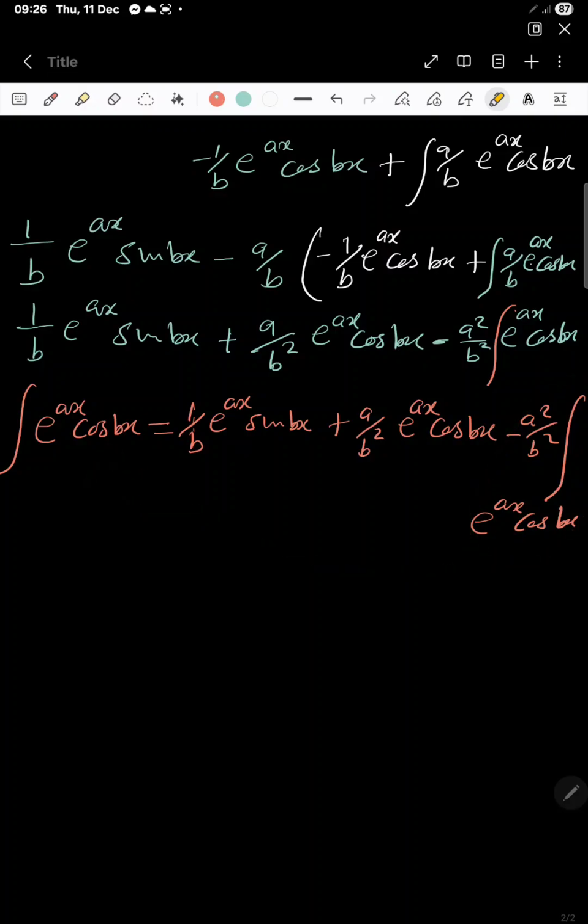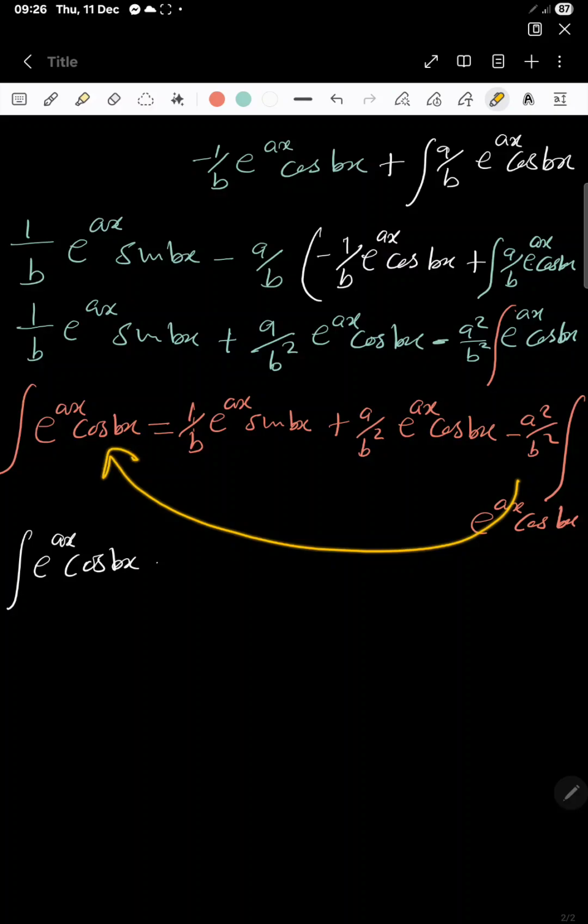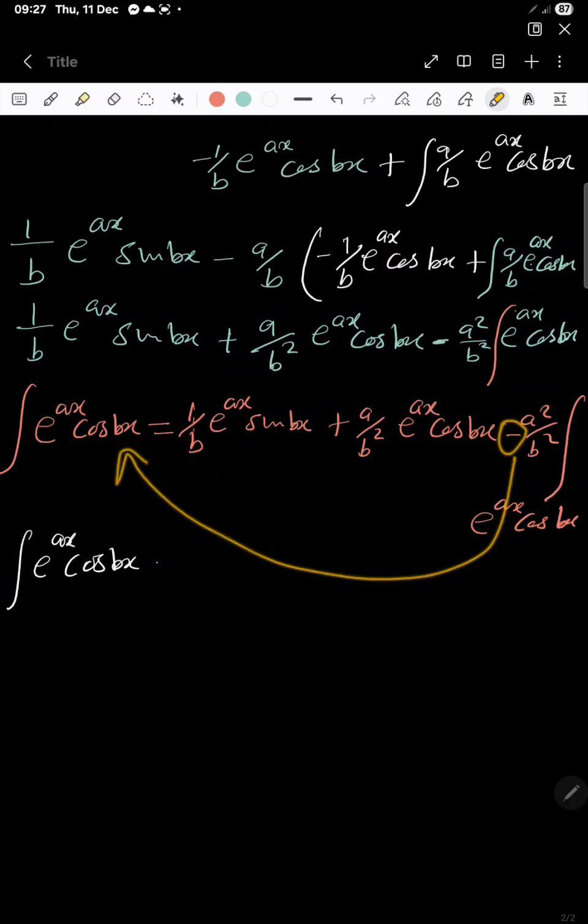So we are going to have the integral of e to the power ax cos bx minus, this side it is a negative, so if it is to cross the equal sign, though my professor used to say something can't cross because it has no energy. Anyway, we can bring this one to the other side, and since it is negative, it can be transformed to a positive. So we are going to have a plus